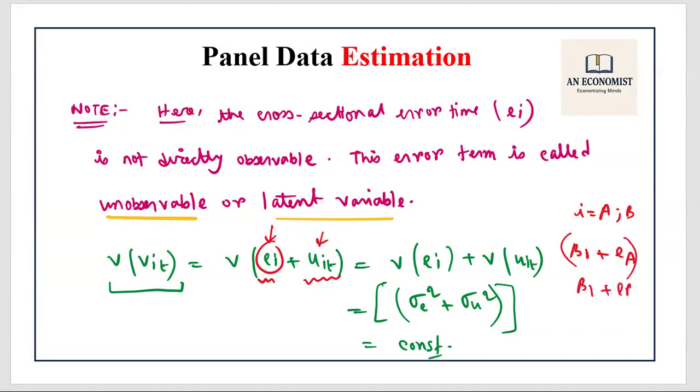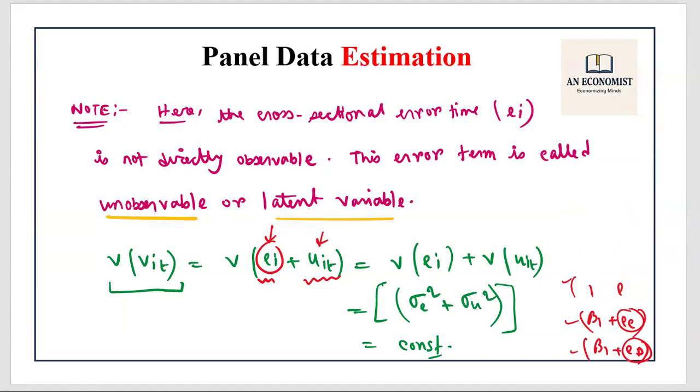Then you have the second thing for when i is C, this will be the third thing, and for D, this will be the thing. So this is the difference. This is how the things are changing between the fixed effect model and random effect model. So this e_i term is extra here. This additional error is being introduced in the model in order to capture the individual specific heterogeneity in a more